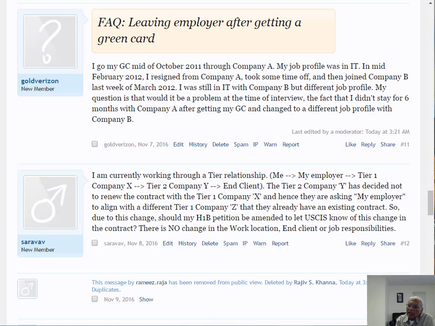So if you were already sending out resumes and looking for a job, government could raise a stink about it. I personally don't think it'll be that easy for the government to try to come after somebody's green card on the basis of having left too early any longer, especially because of AC-21, which allows job portability.